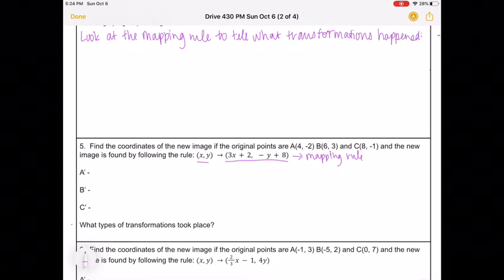Okay. And then, so there's 4 types. Translation,